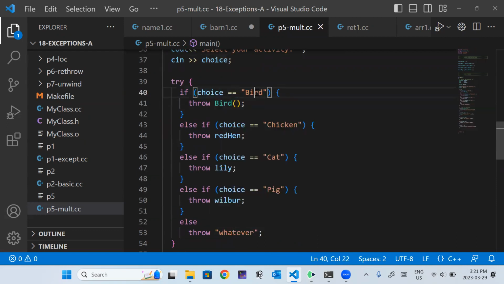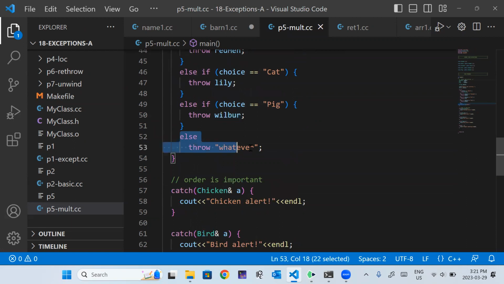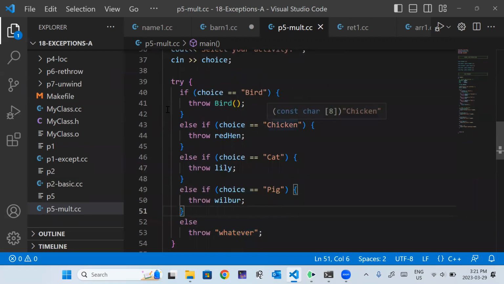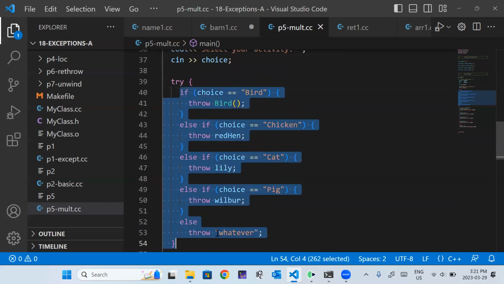If we type bird, it's going to throw a bird. I'm going to come back to this statement in a second. If we select chicken, it throws the red hen. If we select the cat, we throw Lily. If we select the pig, we throw Wilbur. And then else we throw whatever. Okay, so this is all within my try block.